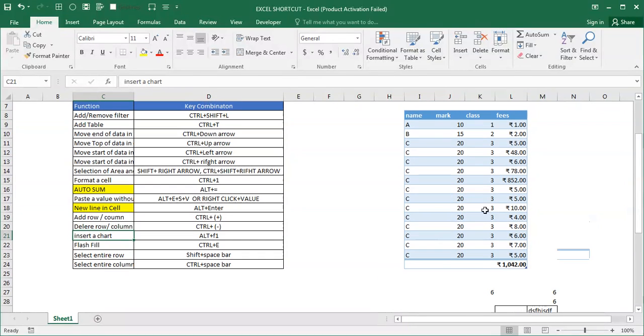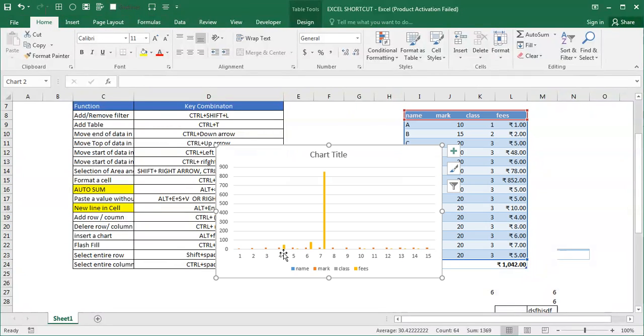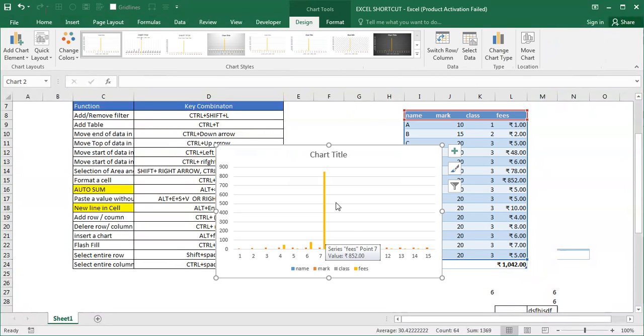Okay, then you have prepared some table and you want to add a chart. Select any cell of the table, press Ctrl A, selected. To add a chart, what do I have to do? Insert a chart with Alt, I'll press Alt plus F1, so instantly you'll get a chart.